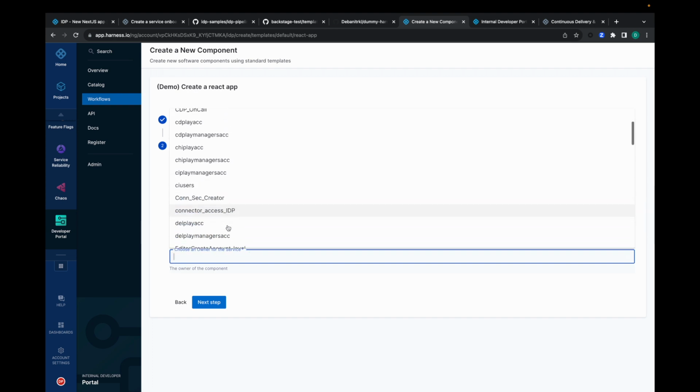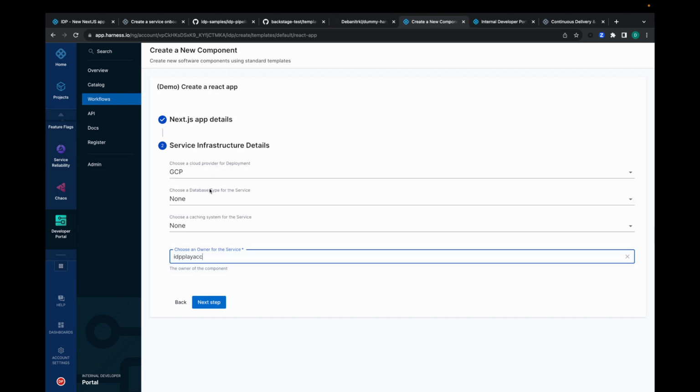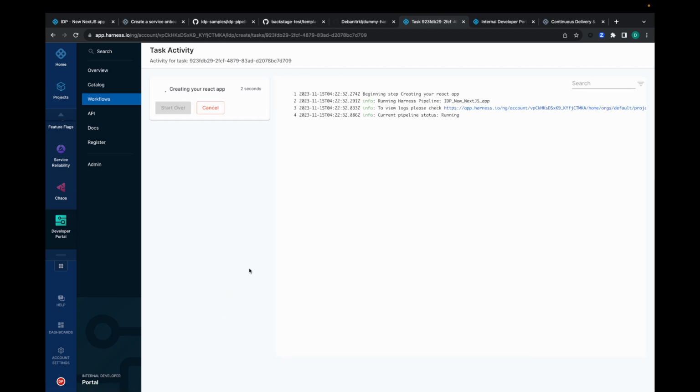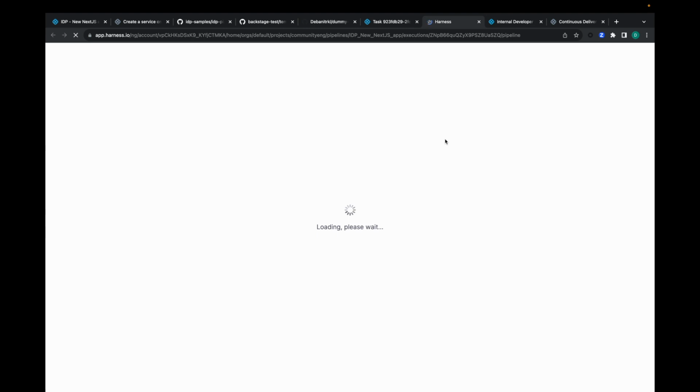So your owners are your user groups. I will use your IDP play account as the owners, and setting up the user groups is given in this tutorial, how to set up the user groups. And the next step, once you go here, you create. So this is basically triggering the pipeline. If you could see the logs, you come here, and once I am on this page,